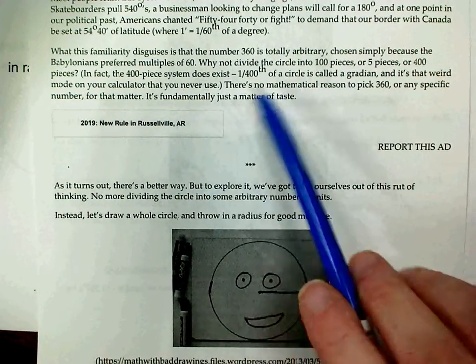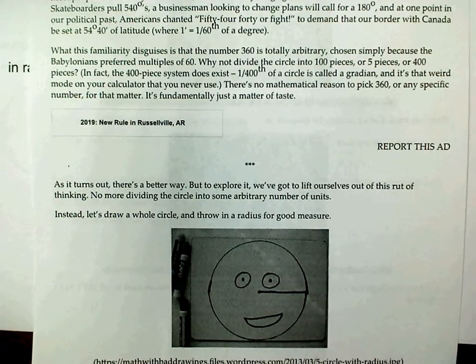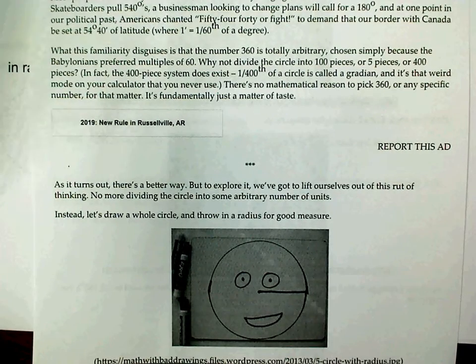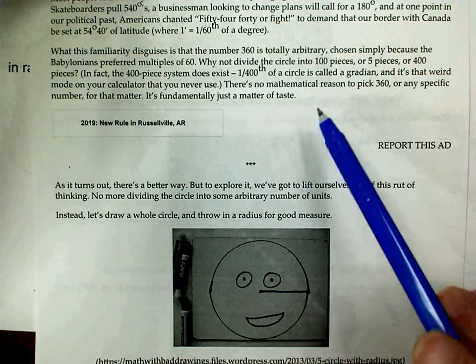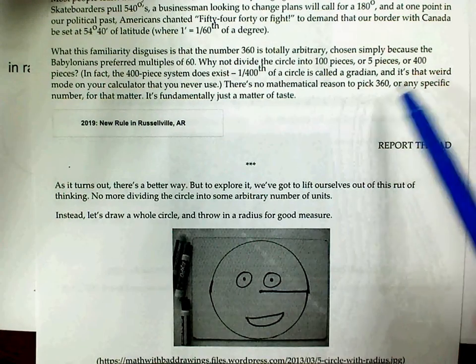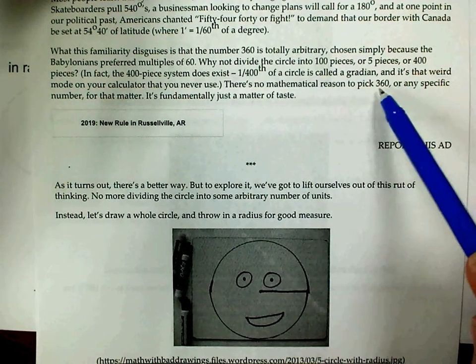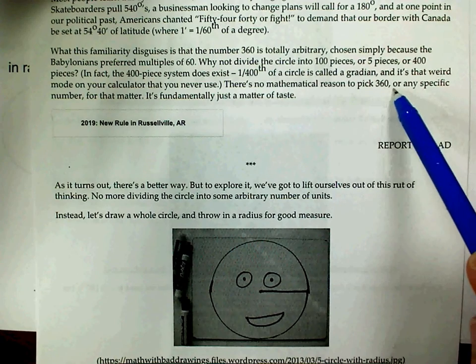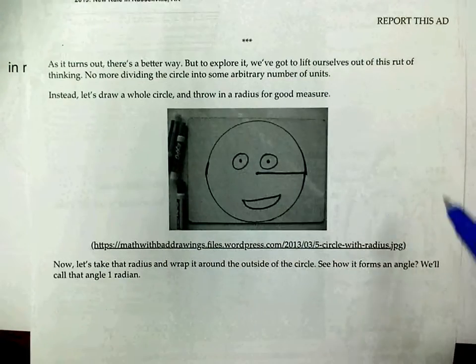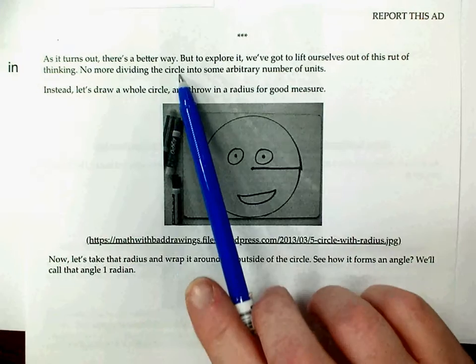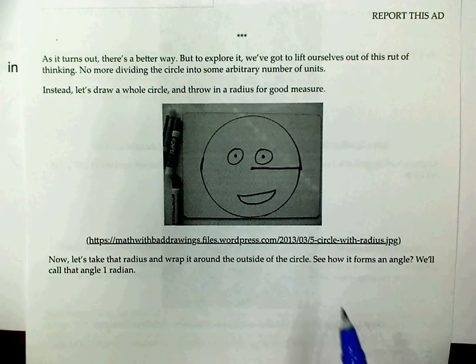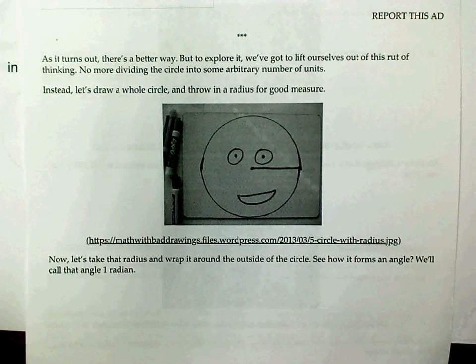But they could have just as easily divided a circle into 100 pieces or 400 or 10 or anything else. There's no mathematical reason why they picked 60 and made the circle 360 degrees. So as it turns out, there's a better, more mathematical way of measuring angles instead of using this arbitrary base